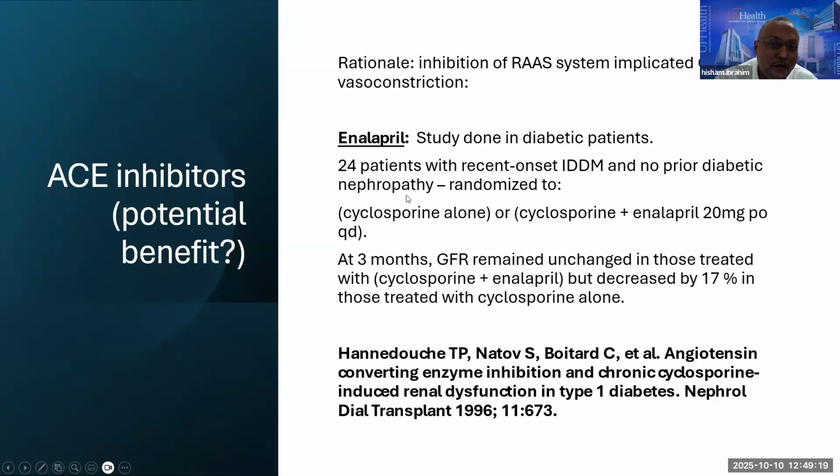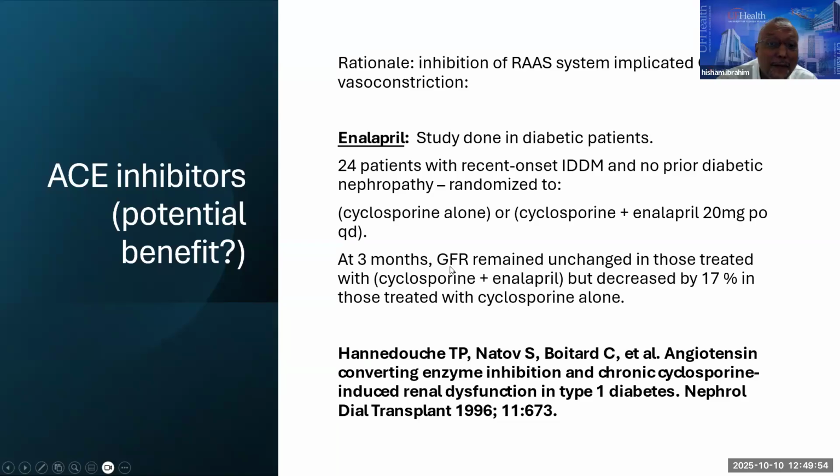I'm not sure what the clinical indication for giving them cyclosporin was. At 3 months, the GFR remained unchanged in those treated with cyclosporin and enalapril, but decreased by 17% in those treated with cyclosporin alone. So actually, on average, patients who are treated with CNIs show almost a 30% drop in their GFR. When you look at the different studies, you can see almost a 30-40% drop in GFR in our CNI treated patients. But in this group,